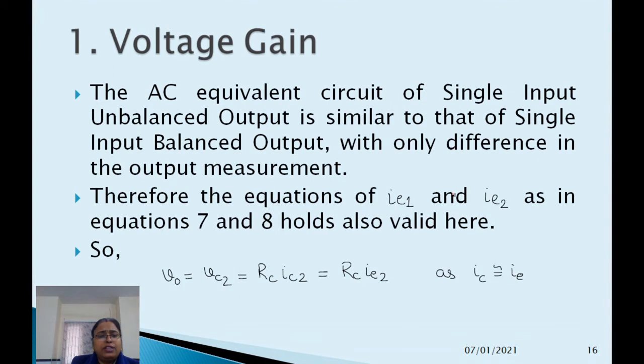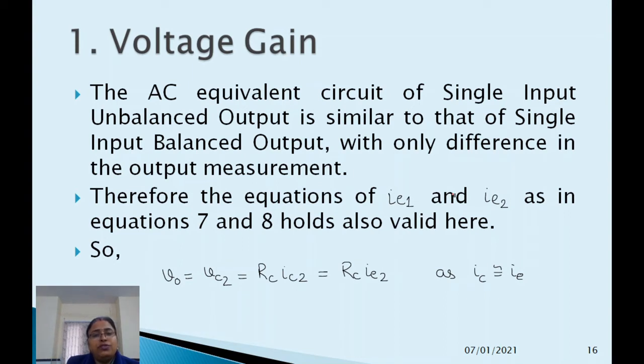Generally, for the AC analysis, as we know, we calculate the voltage gain. Generally, this configuration is not used for two reasons. The first reason is that very large components are required, and the voltage gain is also very less as compared to the other configuration. No doubt, in the unbalanced configurations, the voltage gain is very less as compared to the balanced output configuration. And also in this configuration, that is single input unbalanced output, a small DC voltage exists, though there is no AC voltage applied at the input.